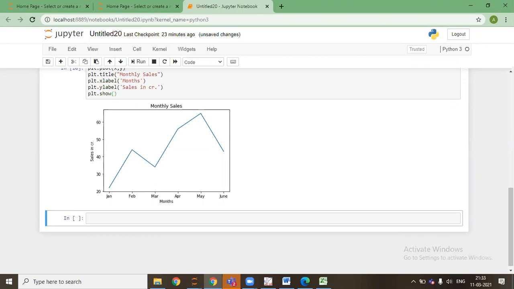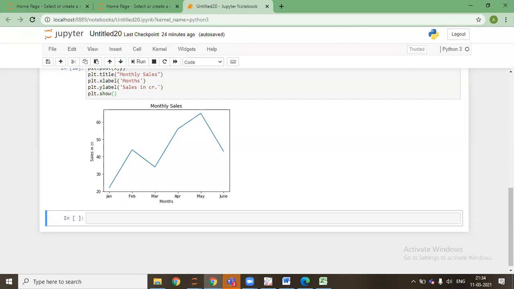Sir, does data pre-processing come under EDA, or does it come without EDA? No. Data pre-processing is another concept. EDA is another concept. Data pre-processing is, for example, when we have data in which we have lots of missing values.